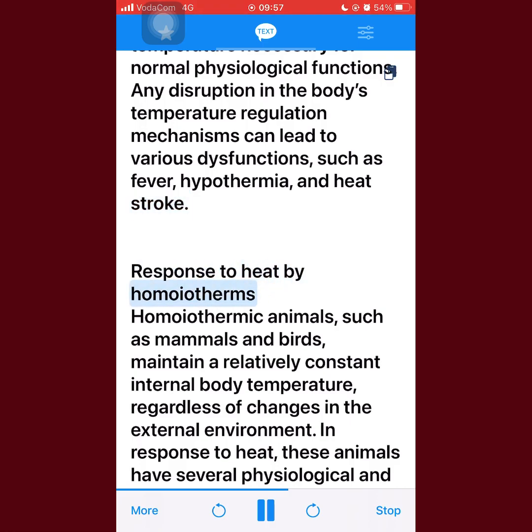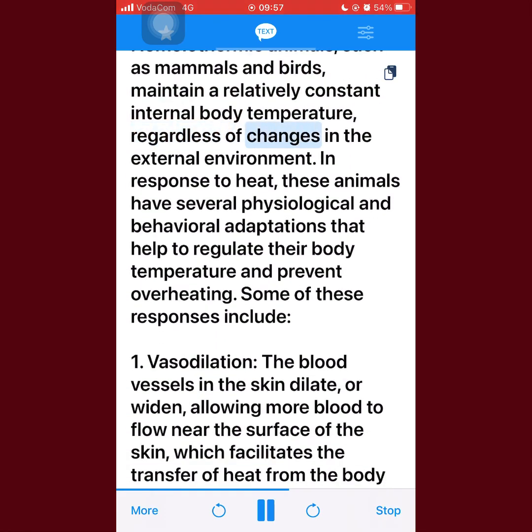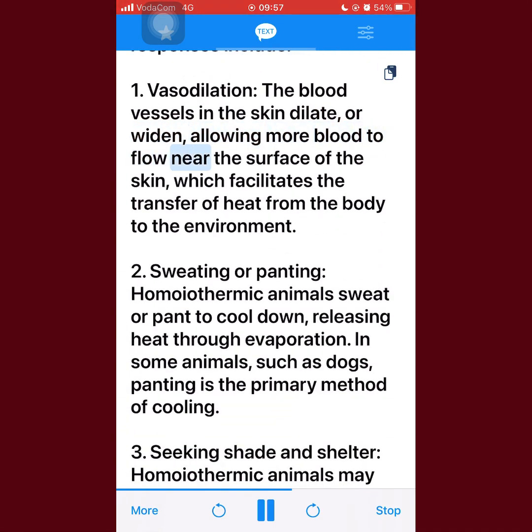Response to heat by homoeotherms. Homoeothermic animals, such as mammals and birds, maintain a relatively constant internal body temperature, regardless of changes in the external environment. In response to heat, these animals have several physiological and behavioral adaptations that help to regulate their body temperature and prevent overheating. Some of these responses include: 1. Vasodilation: the blood vessels in the skin dilate, or widen, allowing more blood to flow near the surface of the